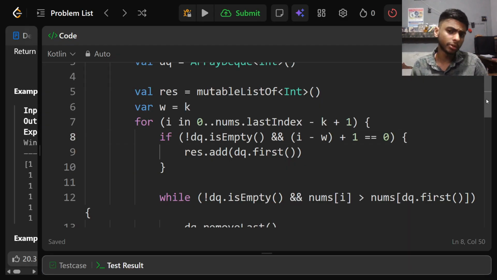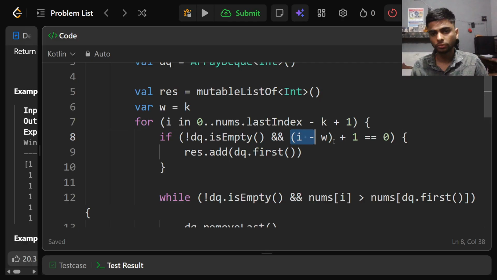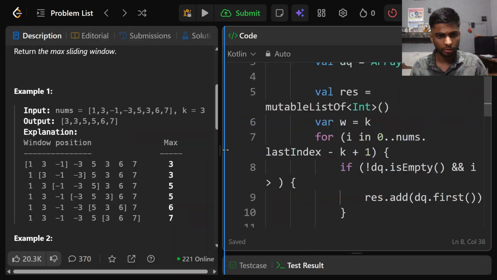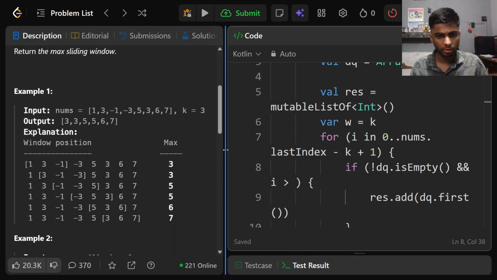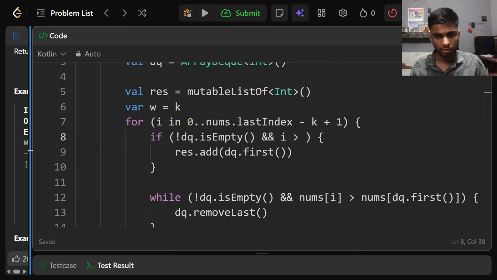But no, it will not stay. Well, I can simply say that when my i is greater than